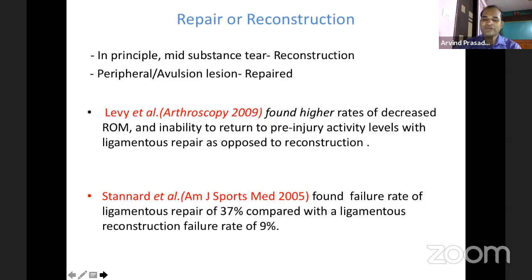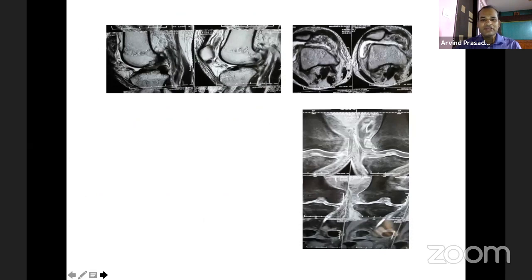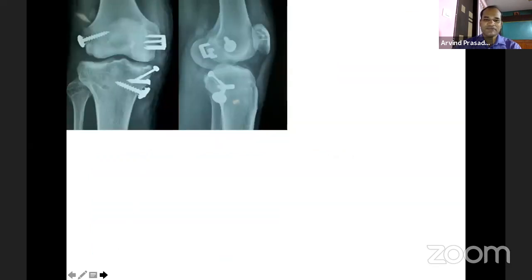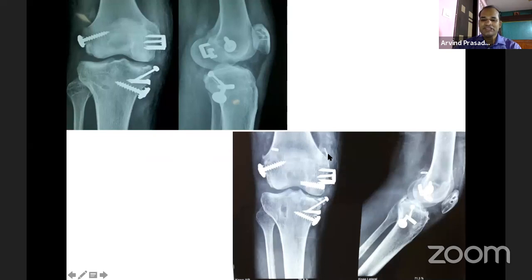So ideally, principle-wise, the midsubstance tear should be reconstructed and the peripheral lesion or avulsion lesion should be repaired. Like this patient, again having injury to the ACL, PCL, and the MPFL, and both the collateral ligaments were injured, and he was a 58-year-old male patient. In this, the two-stage treatment was opted. First, all the collateral ligaments were reconstructed, and this is the medial collateral, MPFL and the posterolateral corner part. And when 90 degrees of movement was achieved, then the ACL reconstruction and the PCL reconstruction were done